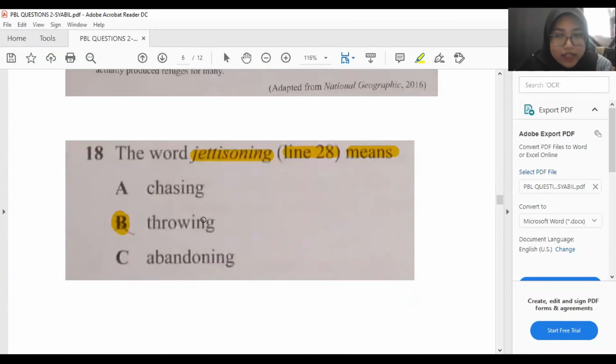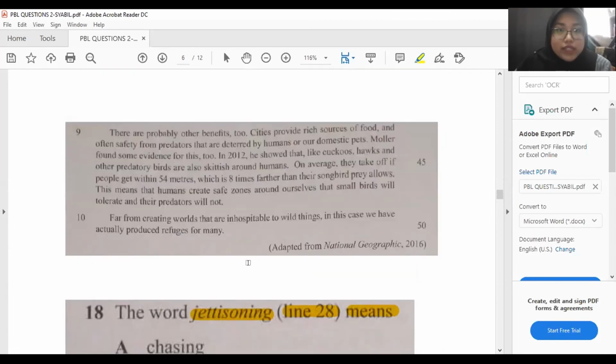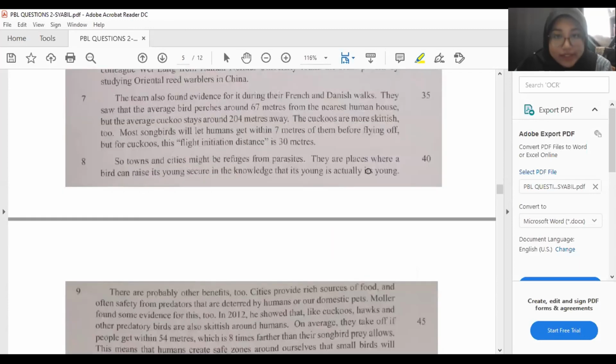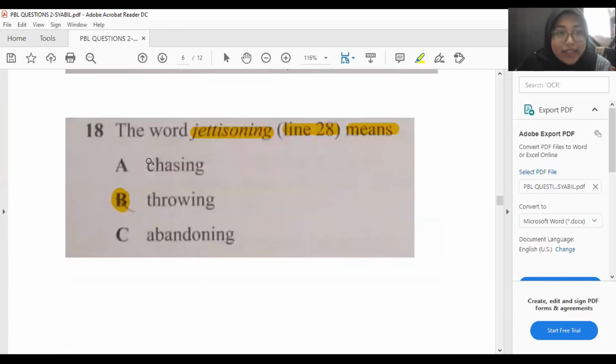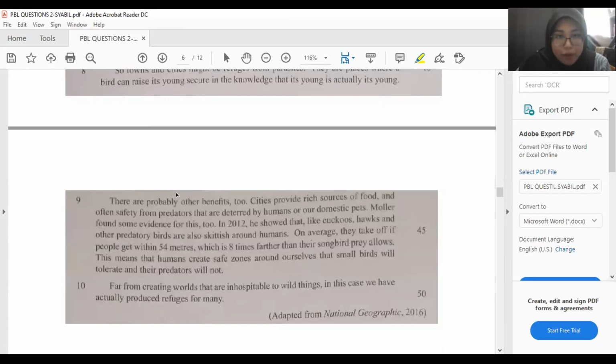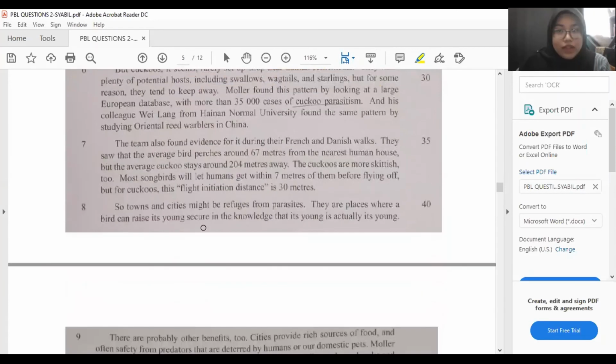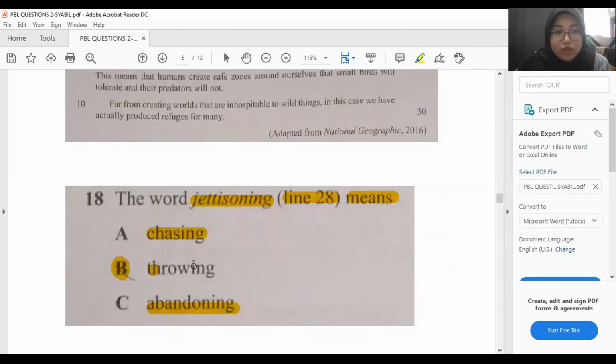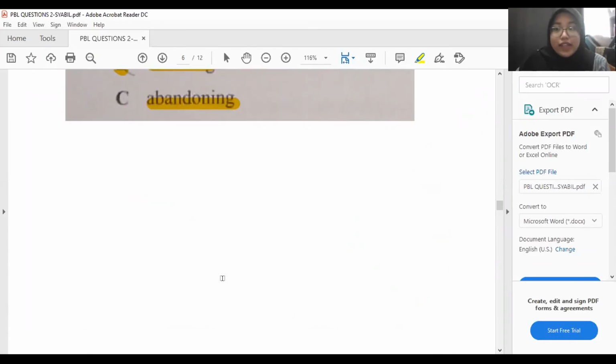So here the answers provided are chasing, throwing, and abandoning. It says that it kills it. By chasing and abandoning it, it doesn't kill the bird, but it's more like separating them from their parents. And then it says from the nest. So the most suitable answer will be throwing them from the nest, which will cause them to die. Okay,